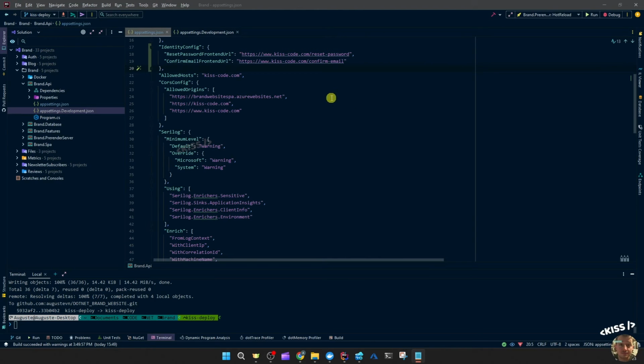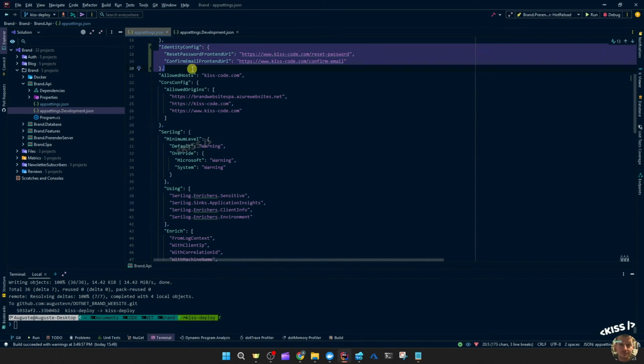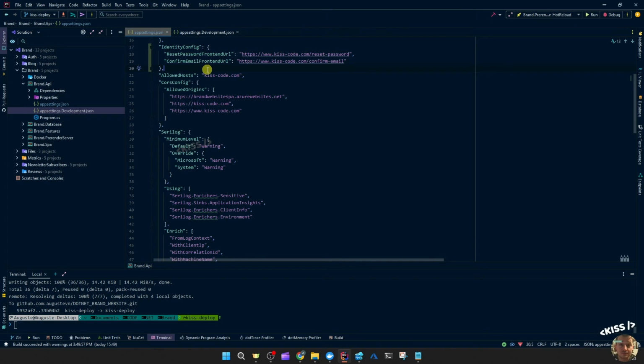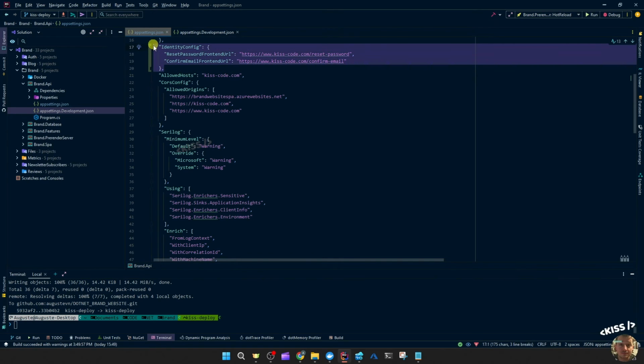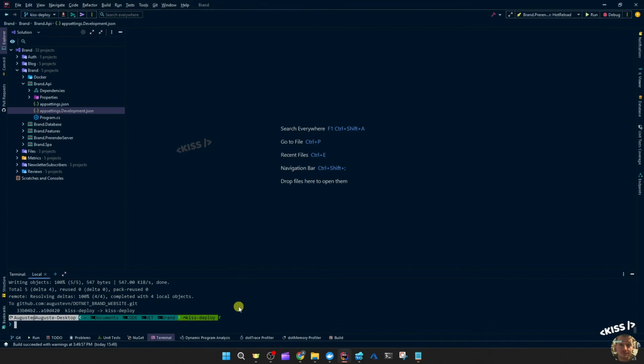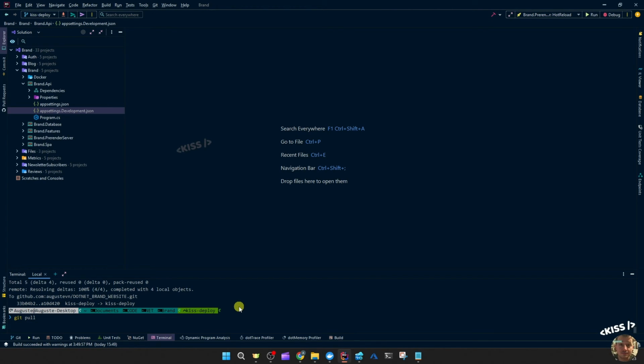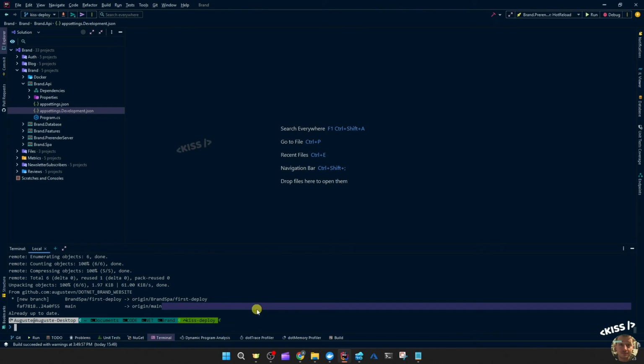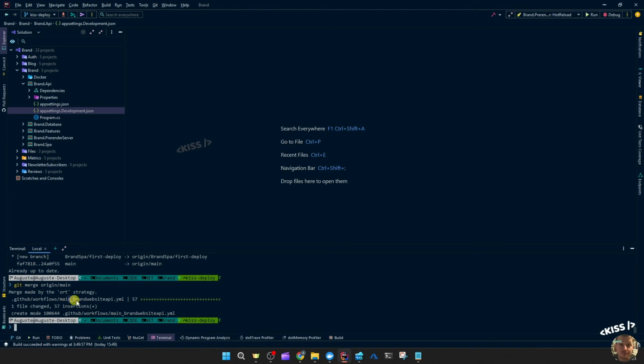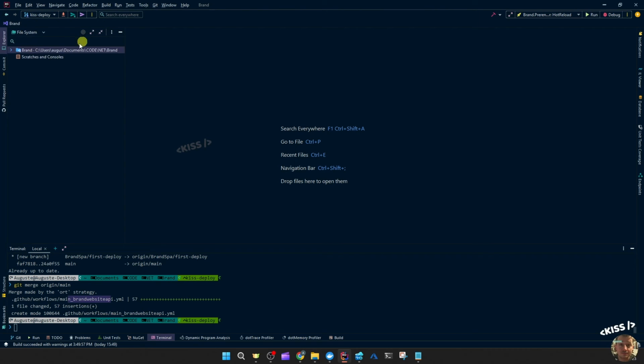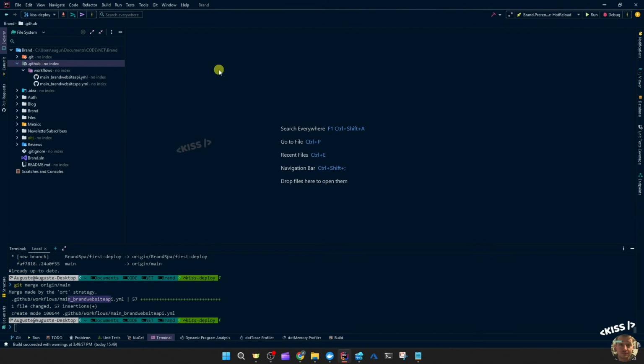But one thing I forgot for the API production app settings is that identity configuration to make sure that the account confirmation email redirects back to my actual production front end. So now that workflow file should be available on the main branch in GitHub. So I'm going to git pull to hopefully get those changes, and then git merge origin main, and that should give me the brand website API YAML, and we can even go to the file system, go to the GitHub folder, and now we have that